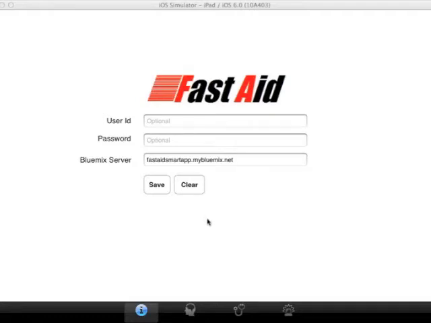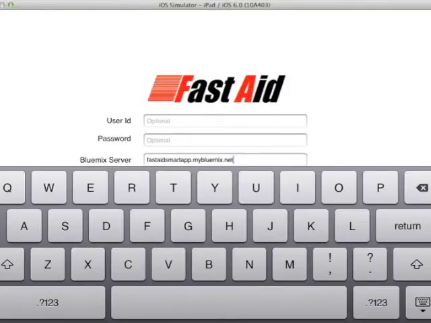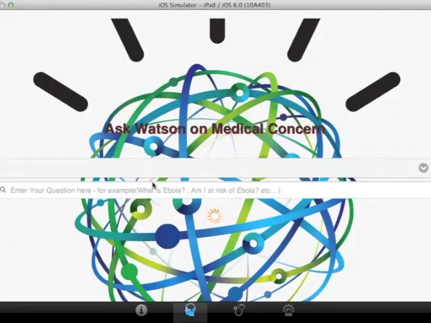So first we will start by providing the URL of the Bluemix application, which is our first aid application, already hosted in the IBM Bluemix environment. We are putting the URL here and we'll click on save. It will take us to the first service, that is Ask Watson: